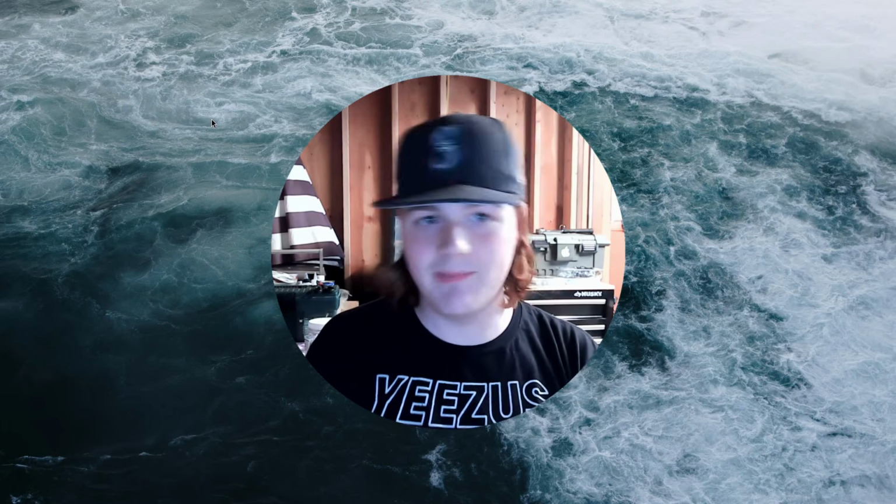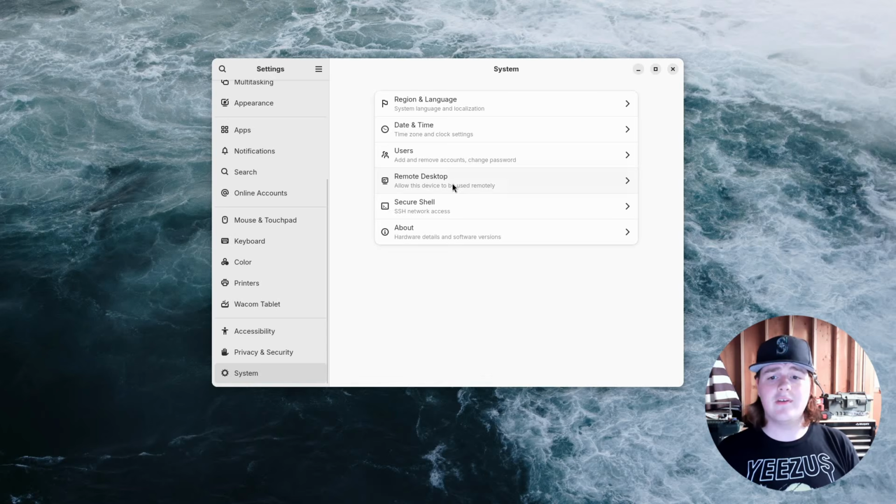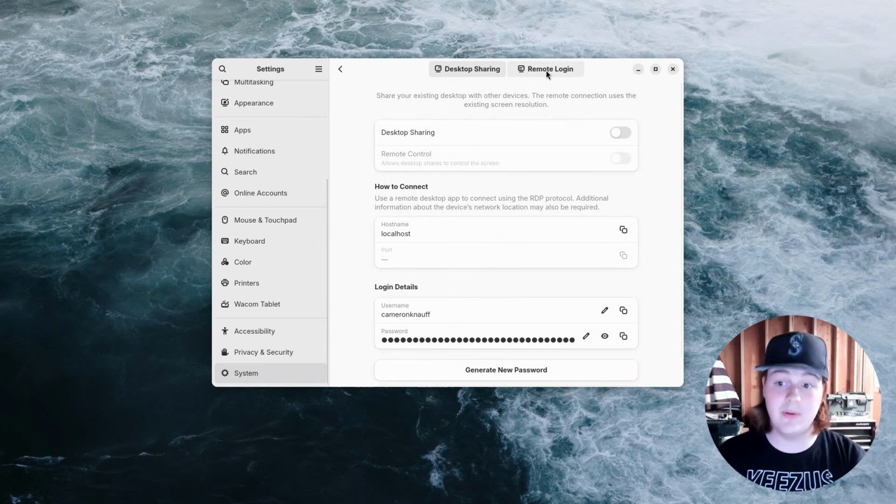desktop. And that's okay if like a family member is trying to help you fix something on your computer or something like that. That is not acceptable if you're in like a completely different location and needing to access your computer. Now, lucky for us, GNOME actually has a solution to this built in because GNOME natively supports remote desktop